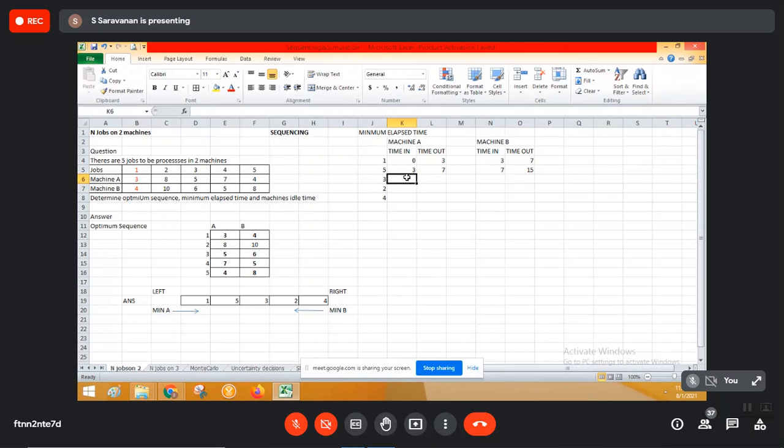Okay, fine. So let us go to the third activity. You see here the third activity, machine A can now start by 7. We have completed activities 1 and 5. So the third activity is this one. It is taking 5 minutes. So 5 minutes means 7 plus 5, so it will come out at 12.